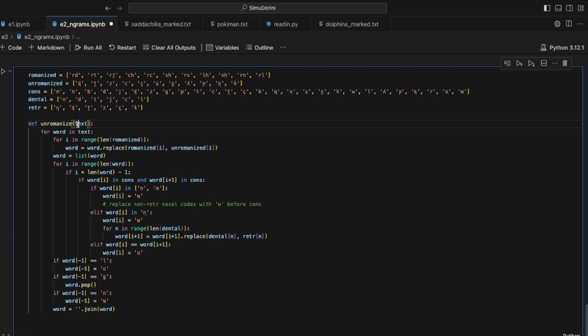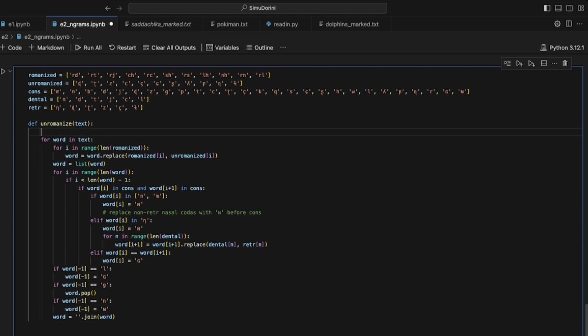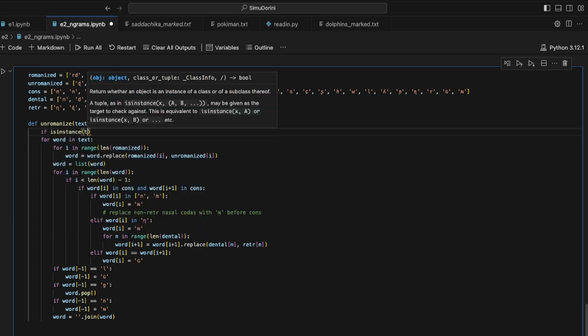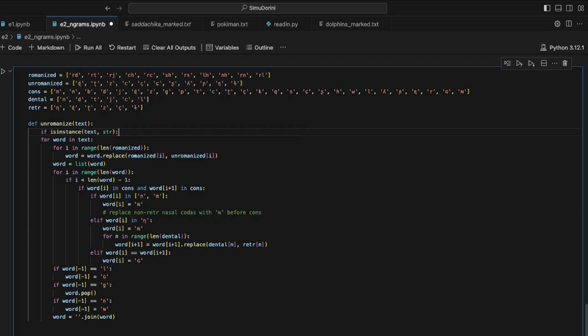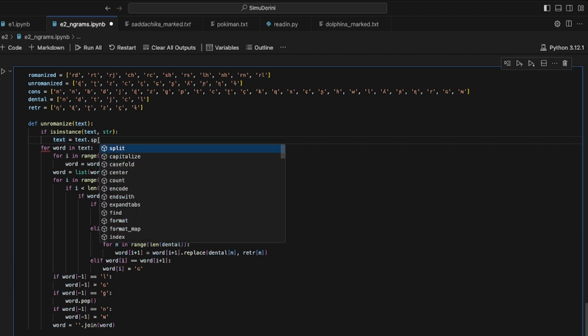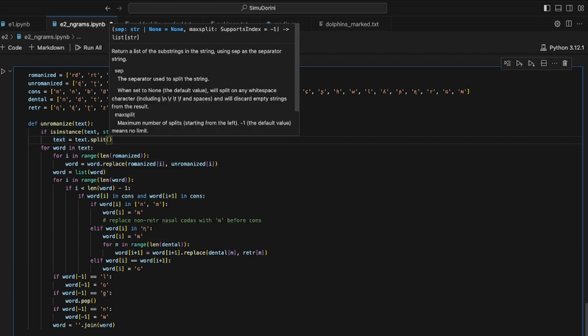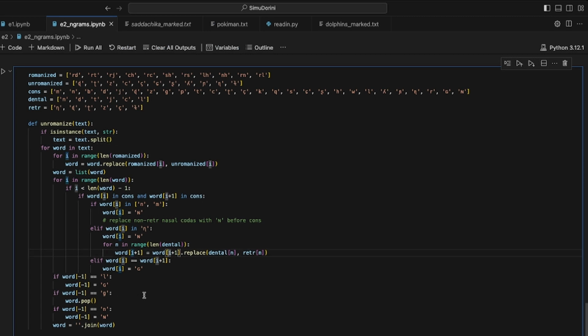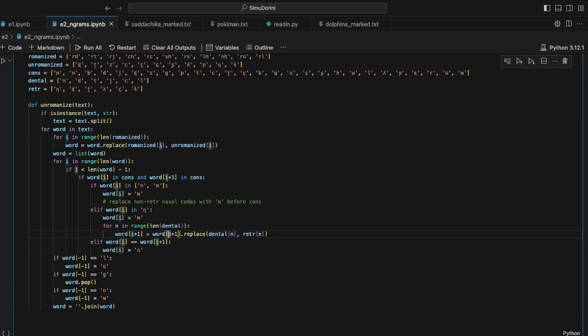Okay, so if this is actually a string, we want something to turn it into a list, so that we can do this with it, a list of words. So we'll say if isinstance, what we inputted is a string, we're going to turn it into a list. But that's all we need. Okay, awesome. Oh, so this is for each word. So I think we need something else. We need to say,